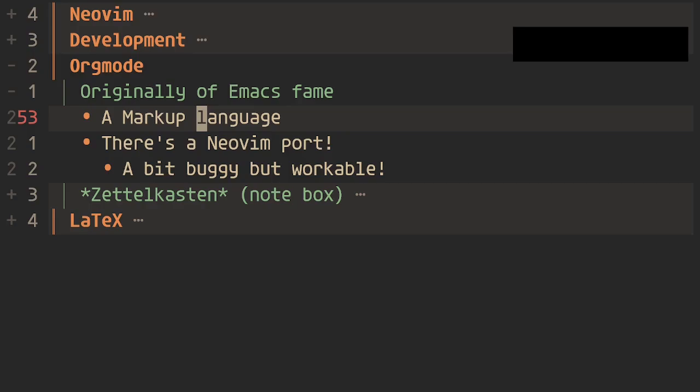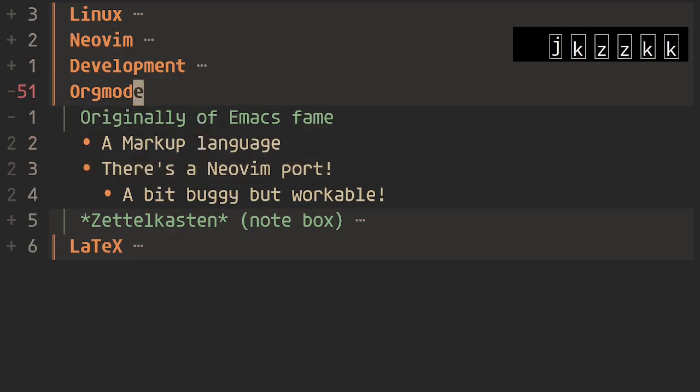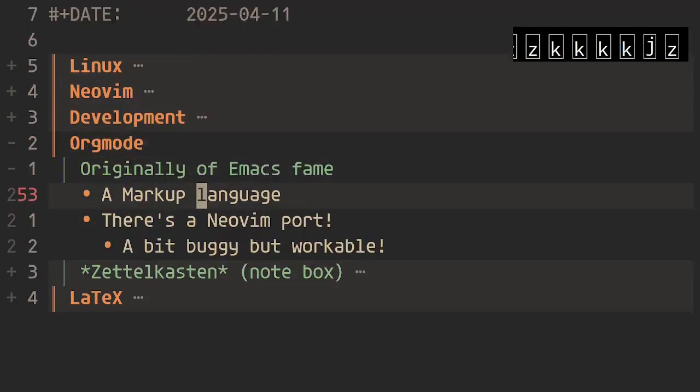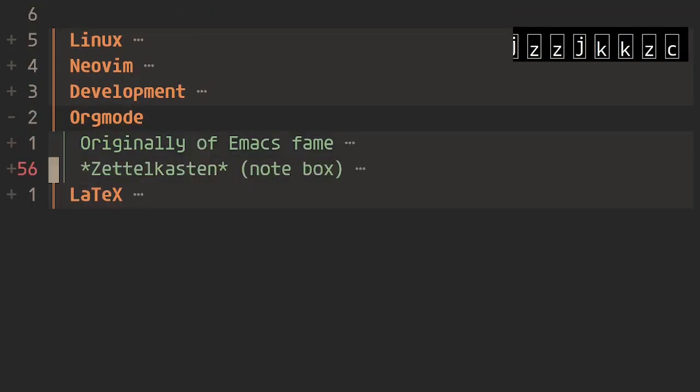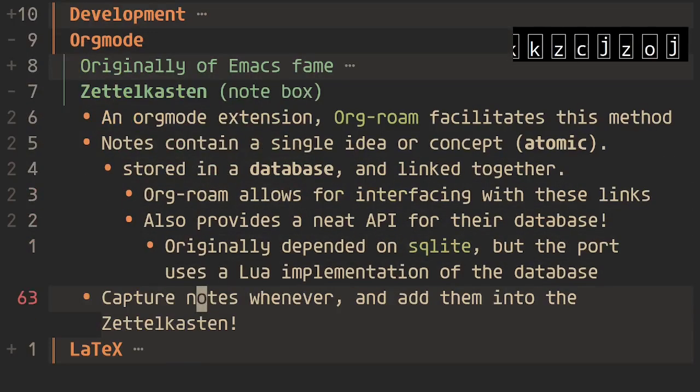But I don't know, I didn't really enjoy Emacs. I feel like I was already too intimate with my configuration for NeoVim, and I didn't really see a good enough reason besides org mode to try out Emacs. So I checked for a NeoVim port, and there is one, and it is a bit buggy sometimes, but it's workable. I mean, this entire thing has been in org mode, and it allows for Zettelkasten,